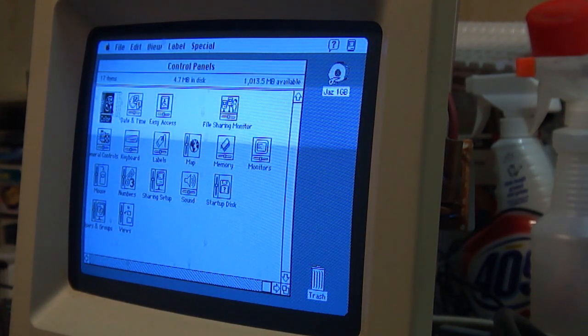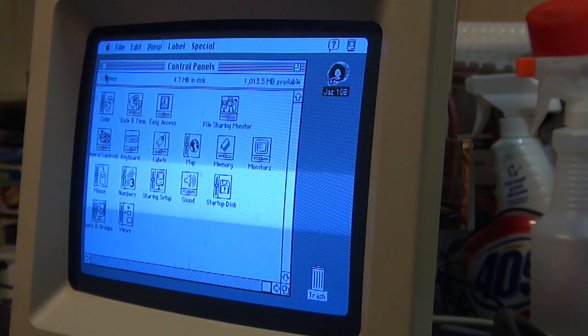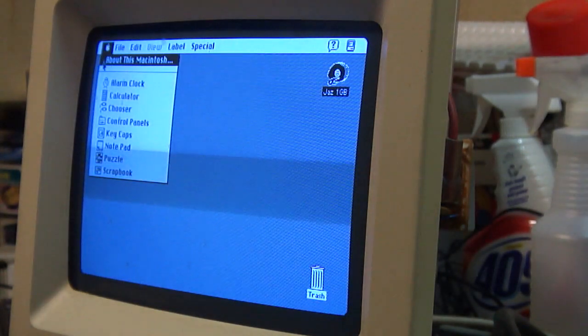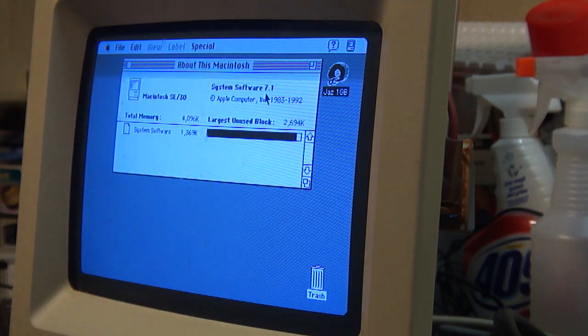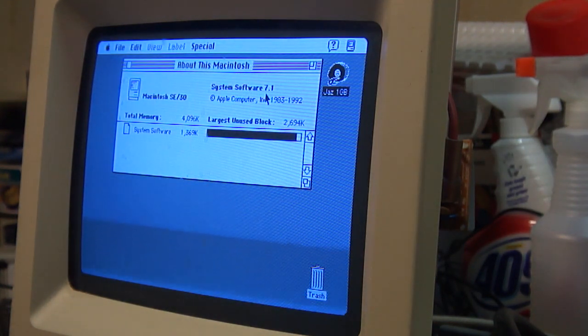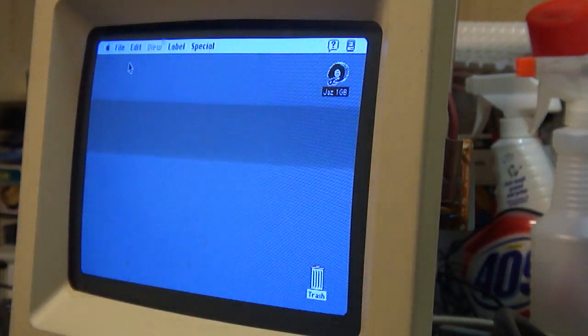Hey, let's open up the color control panel. Black and white, of course. There's no color monitor. So, there you have it. This board works perfectly fine. And as you can see, System Software 7.1 is pretty snappy for a Macintosh SE30. Try to run that on a Macintosh Plus or an SE, it'd be